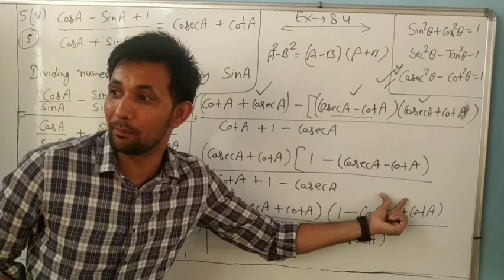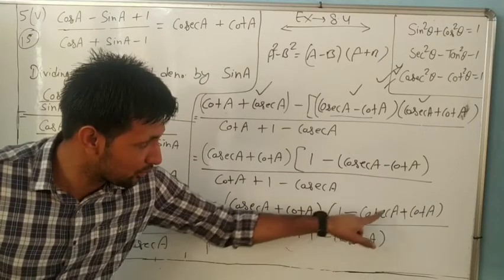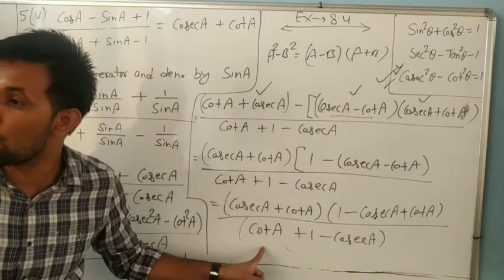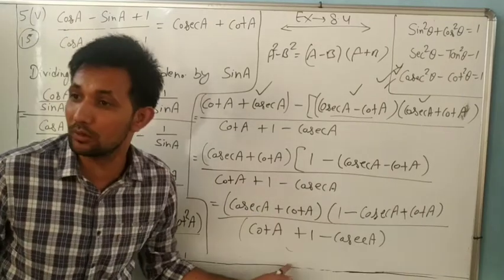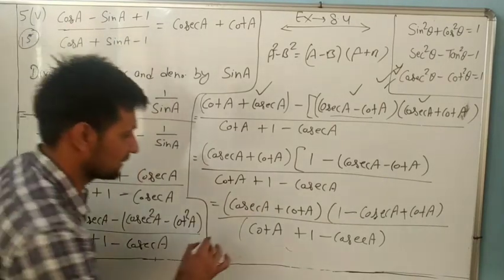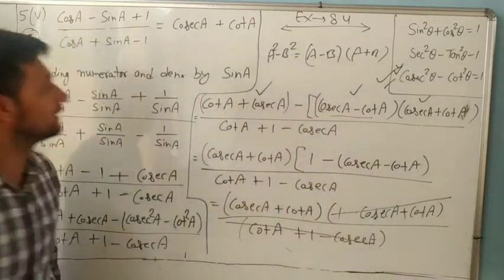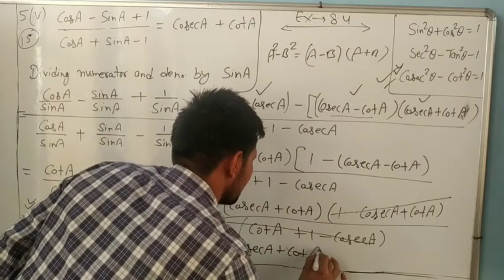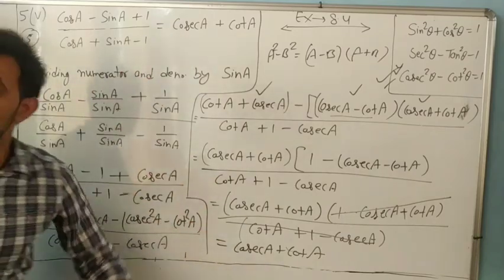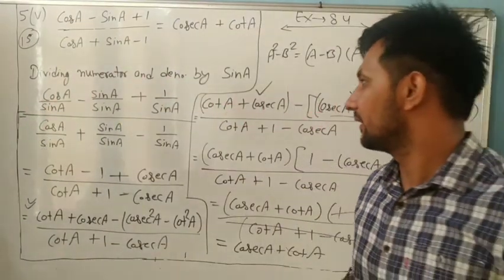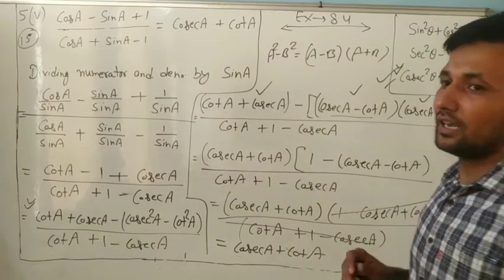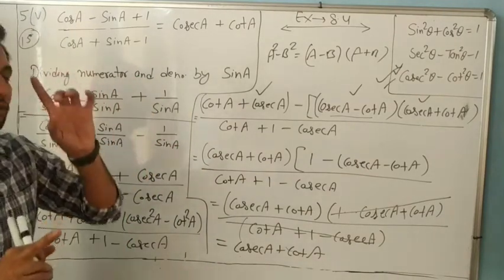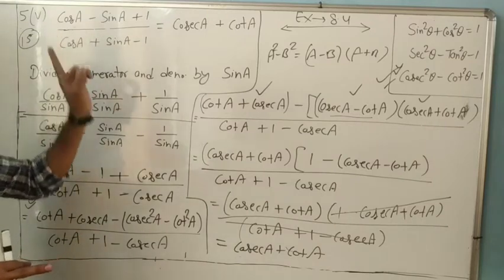Now 5 multiplied by some number. 5 multiplied now, and look at this one and this one, both are same. Yes. 1 positive, yes. Cosecant negative, yes. Cot A is positive. All are same. Okay dear. So it means this one and this one are both same. So can we cut? Yeah. This one cancels this one. What is remaining? Cosecant A plus cot A. It is left hand side equal to right hand side. I think there is a little bit of confusion, but it is very easy. Okay, only example number 5, example number 15 and part number 5, you have to remember it.